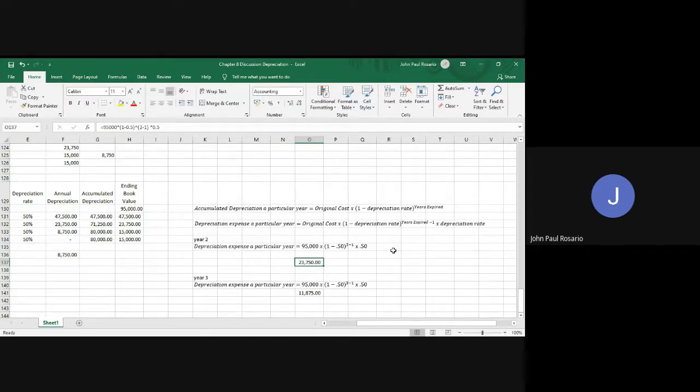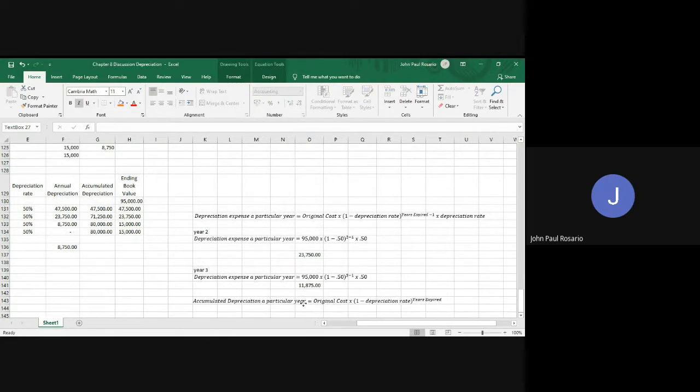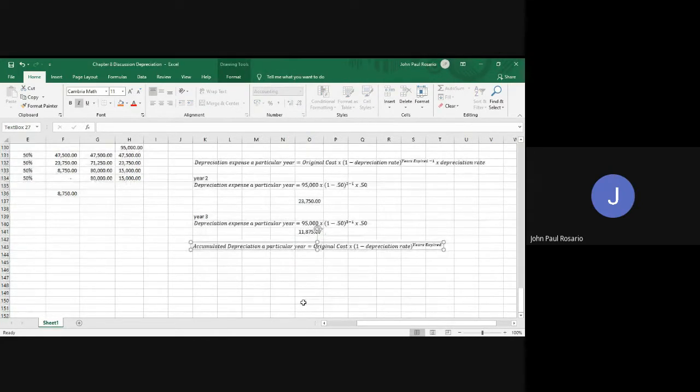Now, in order to check if your answer is still correct, or if there's no need to adjust, you'll need to know the accumulated depreciation of a particular year. So in order to know that, you'll have to do this. So original cost times 1 minus depreciation rate raised to the power of years expired. So that's as far as it goes. So for example, on year 2,